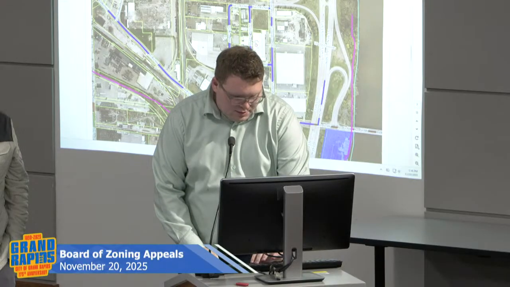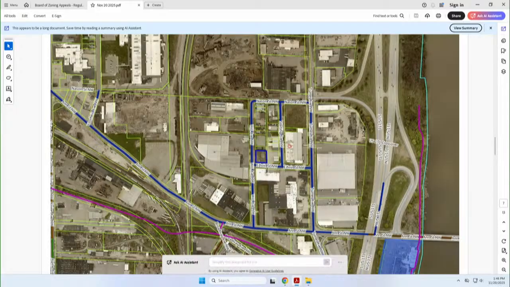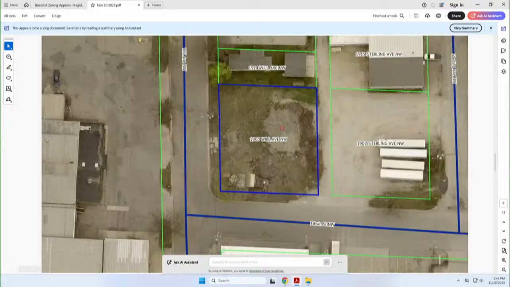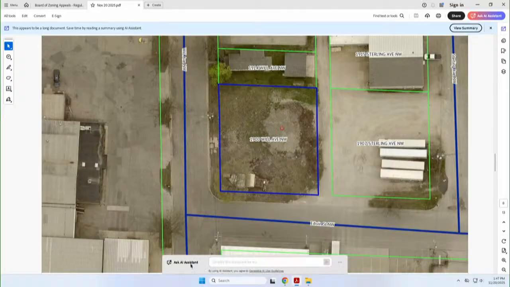Okay. Rowan, I got a couple more questions. Yes. RBL on Will Avenue, how are you coming up with that? It's based on the building down here, south of Edwin Street, and then the building on the opposite side of Will Avenue as well. RBL, the required build-to line? Required building line, yes, got it. But it appears the blue line you're putting on there is further back, like that appears to be at the lot line. Yep, so it would be the median of the two.